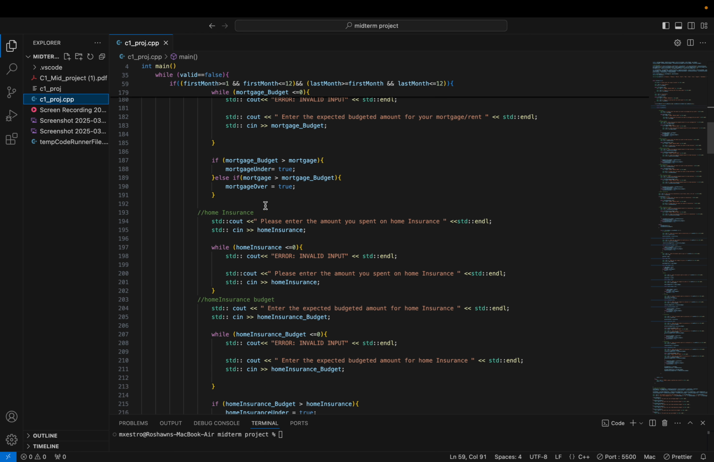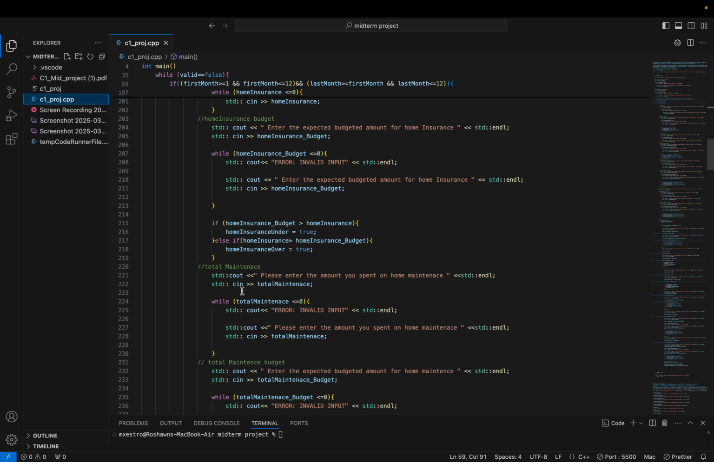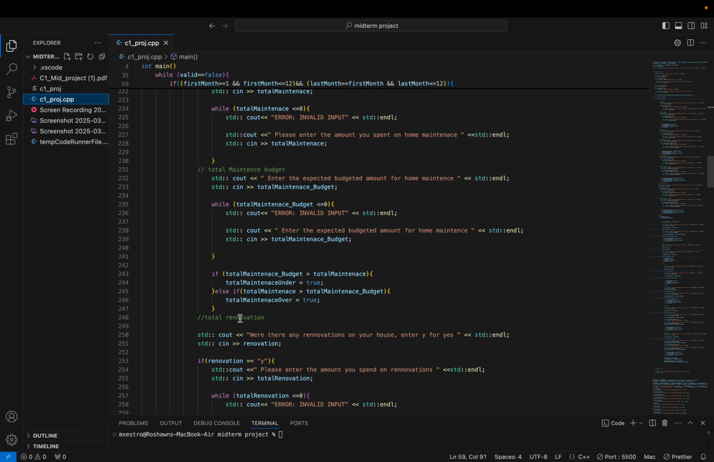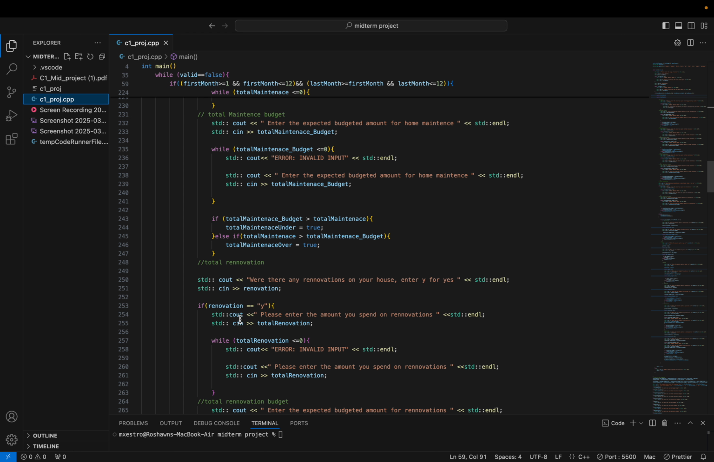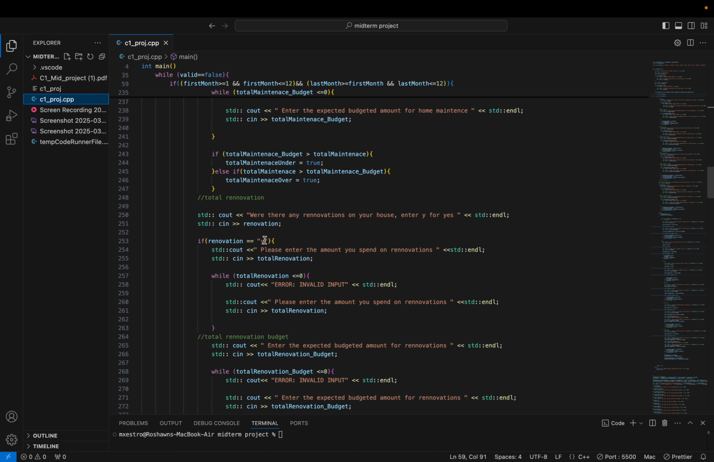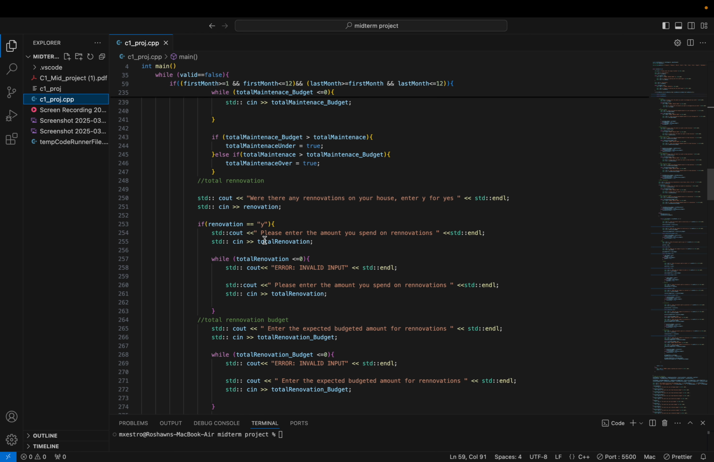And the same thing is done for the home insurance budget, the total maintenance budget, and then for the total renovation, because not everybody is going to be doing renovations on their home. The program asks them if there were any renovations done on their house, and they should enter Y for yes. Now, if the user enters Y for yes, then we enter this if statement that allows them to do